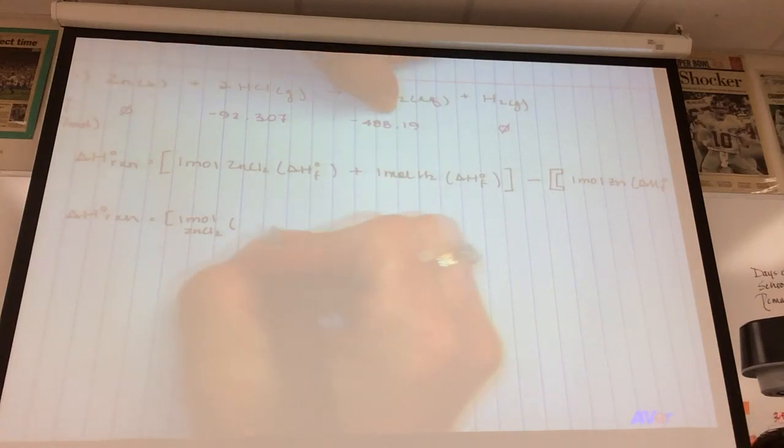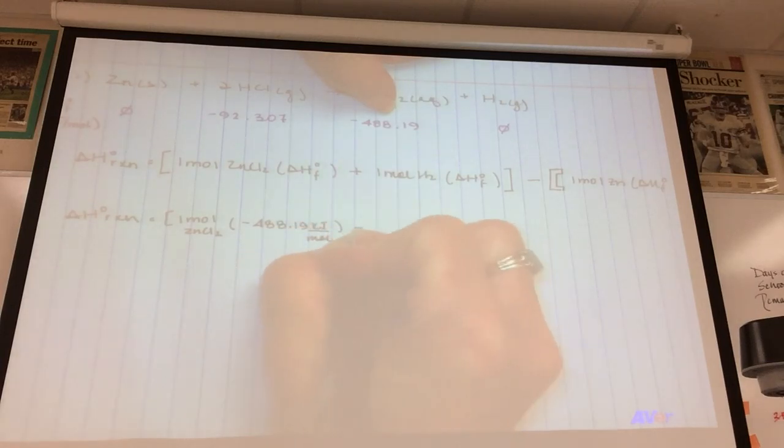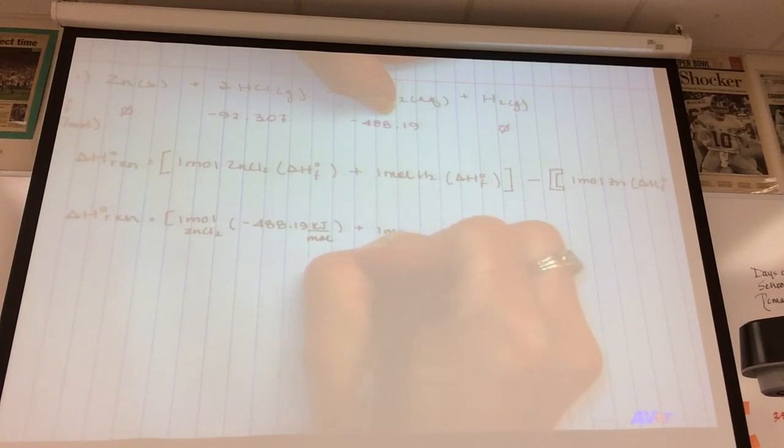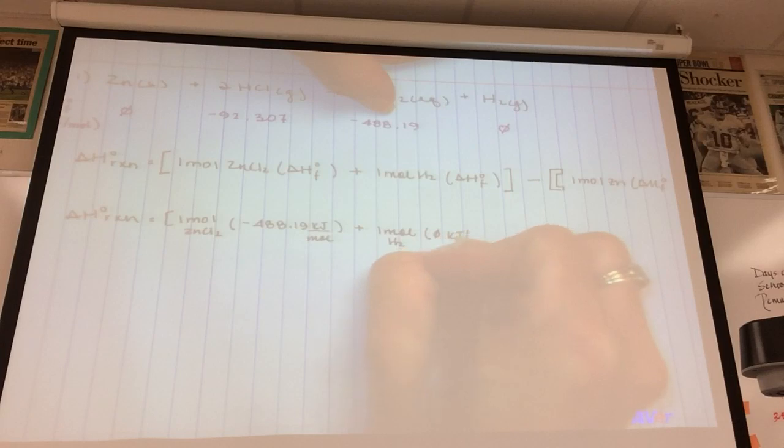And now I look for it. I've got negative 488.19 kilojoules per mole plus 1 mole. Here's your hydrogen gas. That's 0 kilojoules per mole. Close. Minus